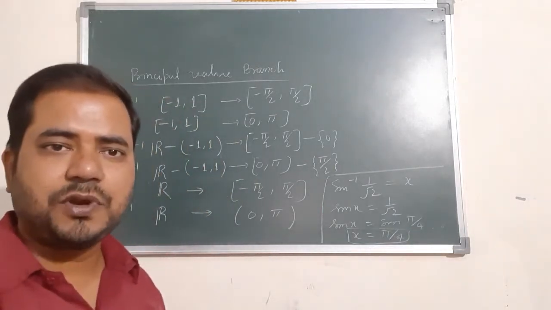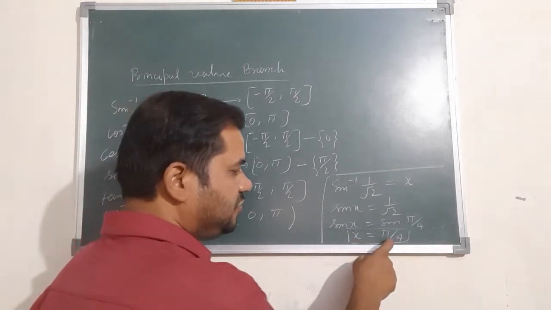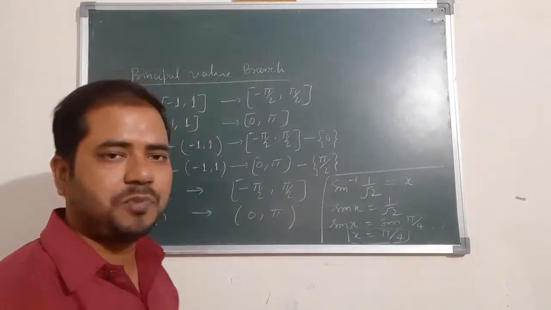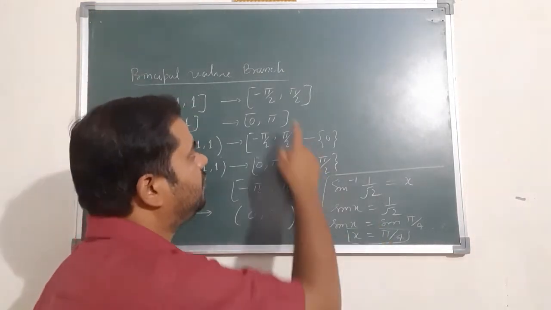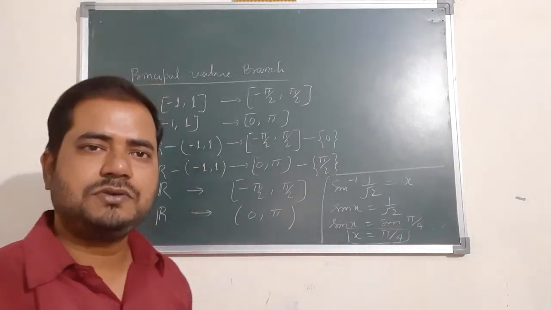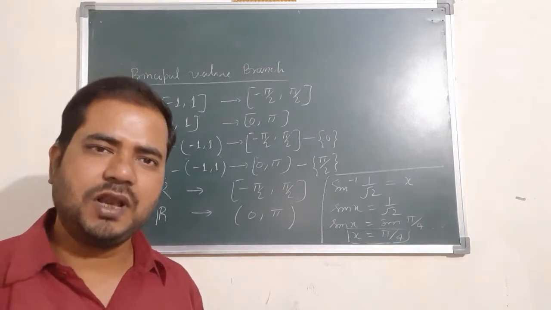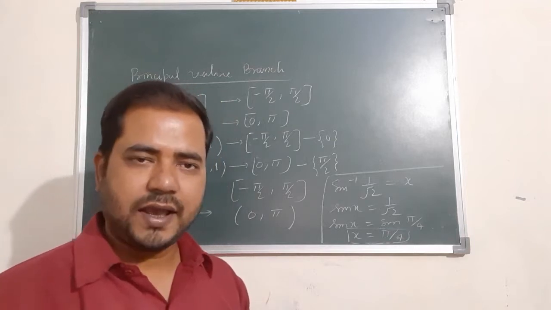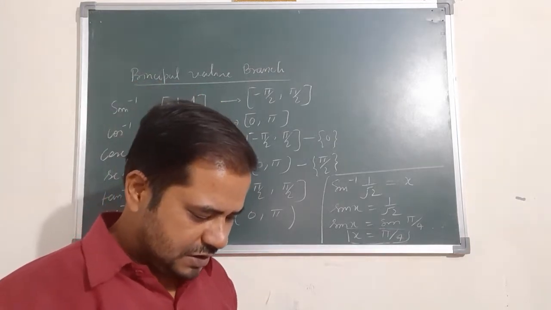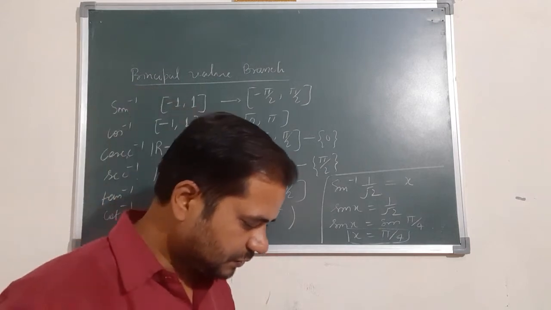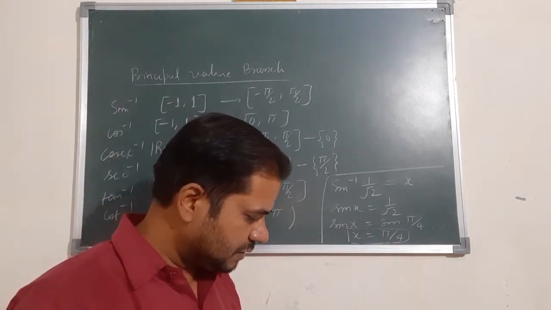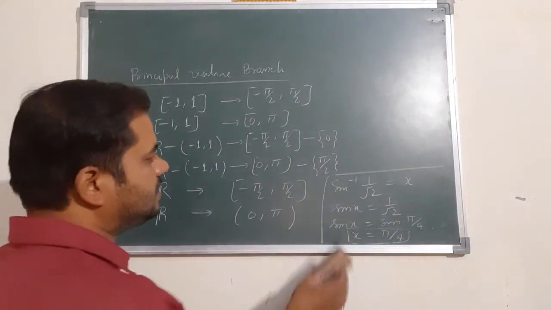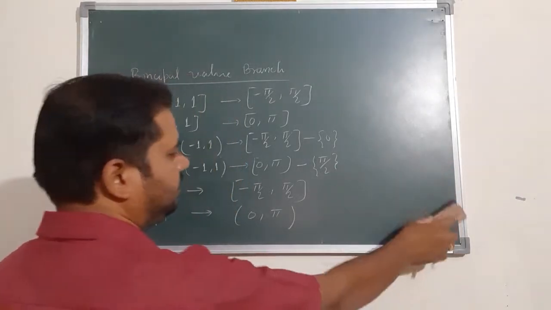But this is the principal value only when x is equal to pi by 4 belongs to this range, that means minus pi by 2 to pi by 2. So obviously pi by 4 belongs to minus pi by 2 to pi by 2. Then we can say yes, this is the principal value. Clear? Maybe more than one value exists, but here only one principal value exists. Clear? Similarly, if we find the principal value of cot inverse minus 1 by root 3.